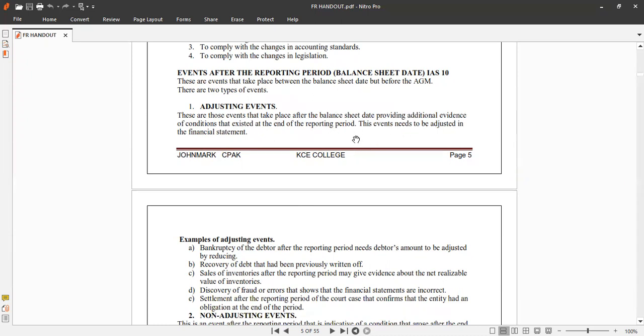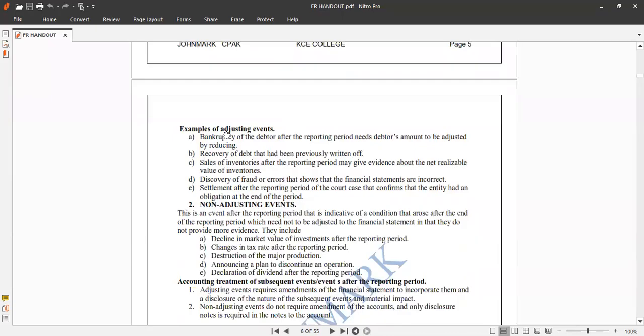And this event needs to be adjusted in the financial statement. An example of an adjusting event is the bankruptcy of a debtor. If you have a debtor worth 50 million, and then this debtor has been declared bankrupt, in this case, when presenting the financial statement to the shareholders during the AGM, you need to adjust that amount